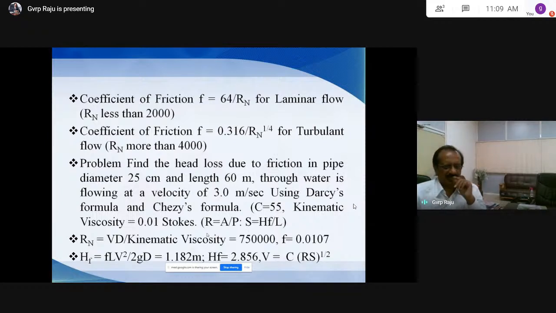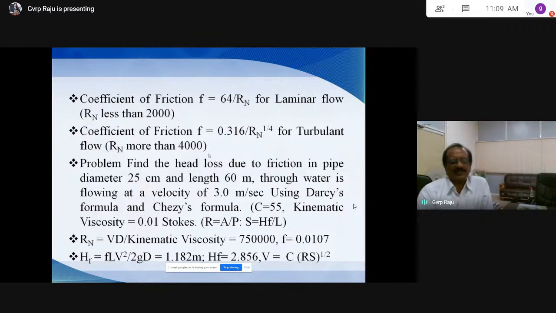So for laminar flow, when the Reynolds number is less than 2000, this relation is important: f is equal to 64 by Rn. Rn is Reynolds number, less than 2000. So when the flow is laminar, the value of Reynolds number is less than 2000, then the relation is f is equal to 64 by Rn. For example, when the flow is turbulent,